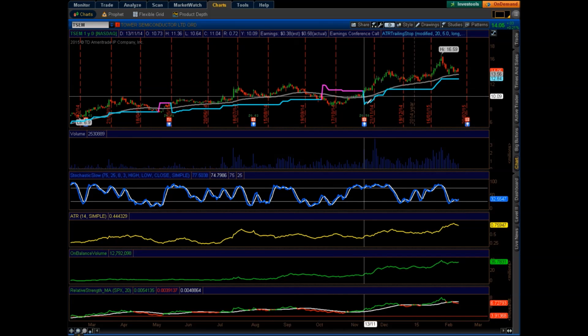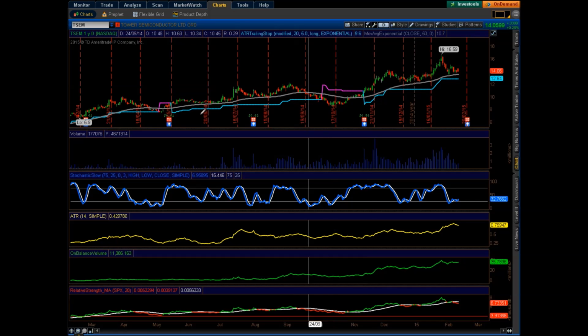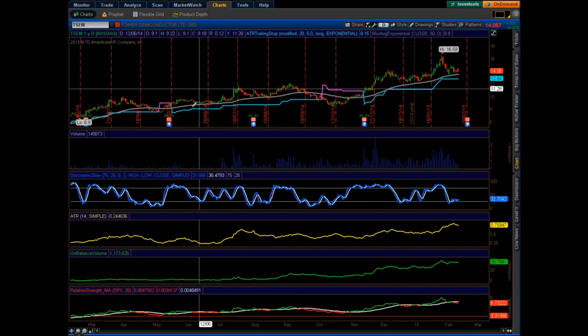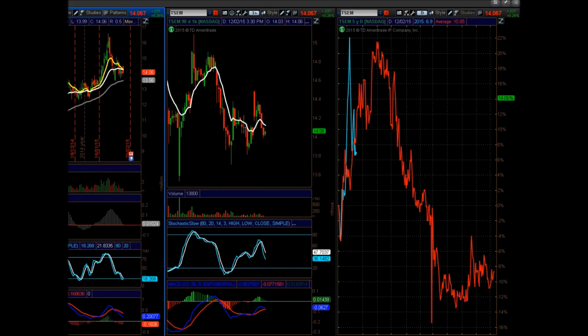This is just a way to narrow down the universe of thousands of stocks into a more manageable list of 16 stocks. Now I can usually look at this and see if I'm interested in the charts pretty quickly. Now, one of the other things I can do as well is, this is one of the charts I use, but the chart that I was showing yesterday, let me just see here if I can pull it up,